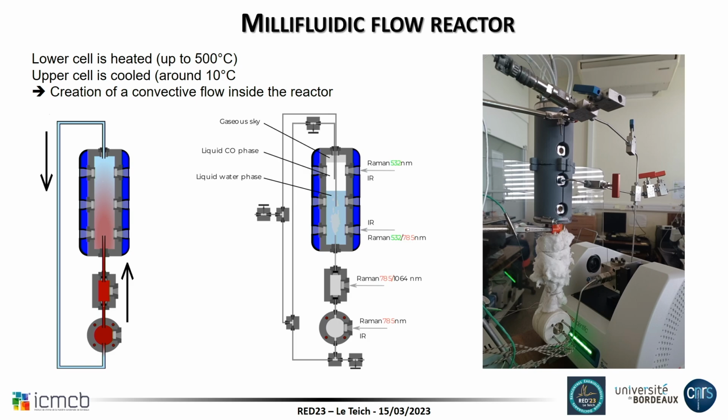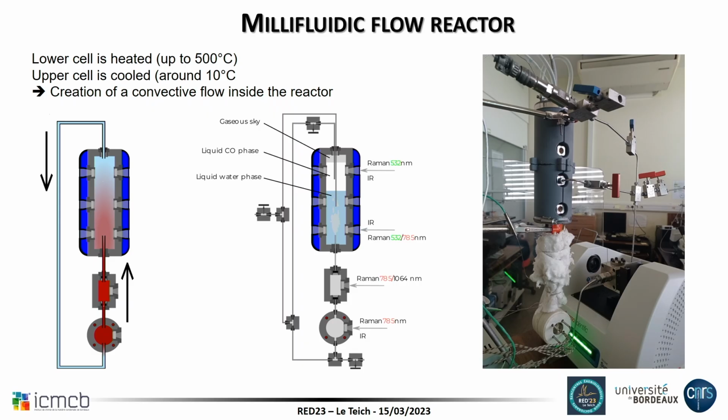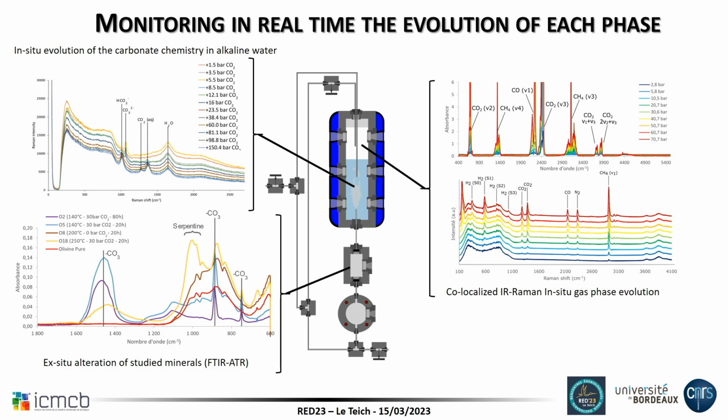What is nice is that you have lots of sapphire or silicon windows everywhere. So you can do Raman, infrared at different positions to evaluate the composition of dissolved gas in the liquid phase at low temperature, but also the gas headspace composition,